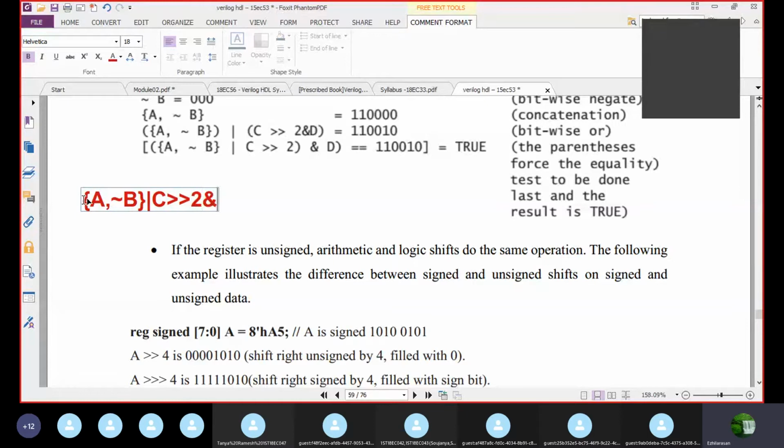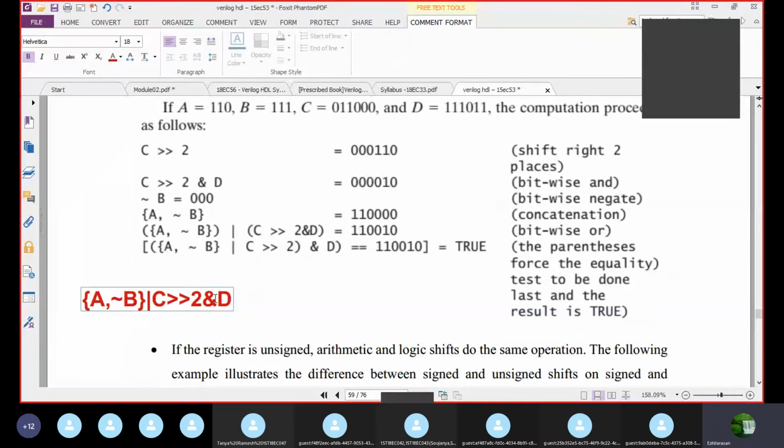So you need to compute this. How do you compute it actually? We need to know in which order we have to perform it. We cannot simply perform it straight away as it is. From this we need to check what has the higher precedence. It is NOT B. So first you have to perform the NOT gate. Once the NOT gate is performed, I will get this value, and then I can do the next step.